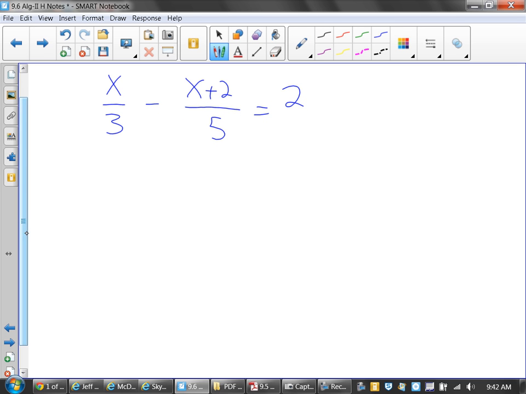I have x over 3 minus x plus 2 over 5 equals 2. If I want to get rid of those fractions, what's going to be my common denominator of a 3 and a 5? 15. Does everybody agree on that? Okay. So if I multiply everything by 15,